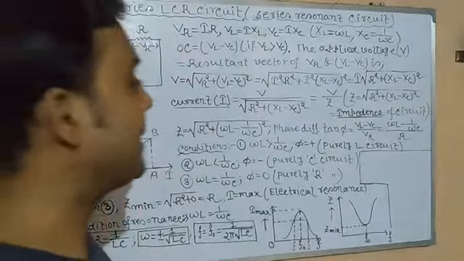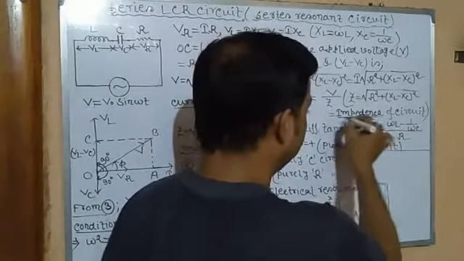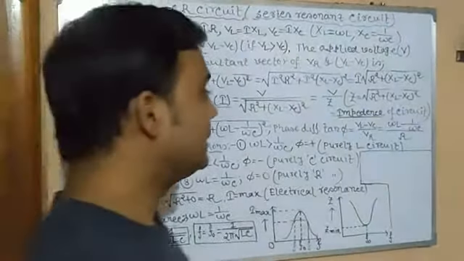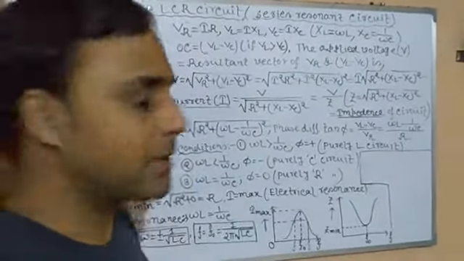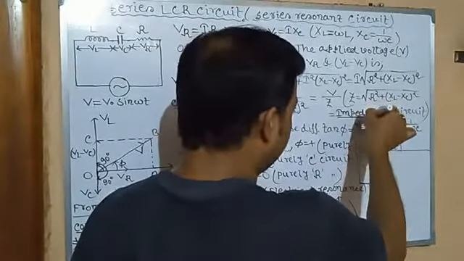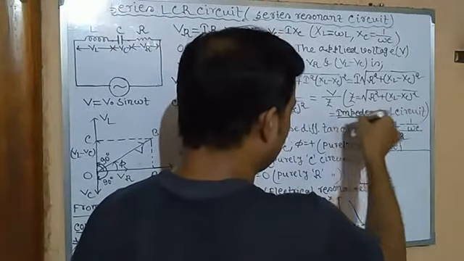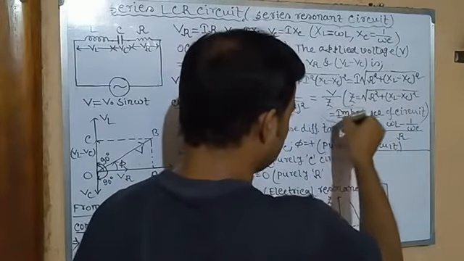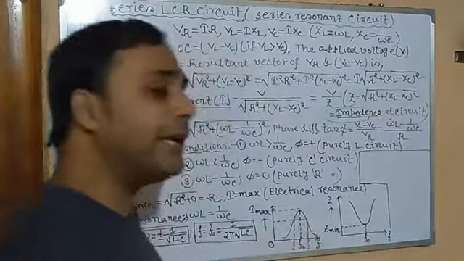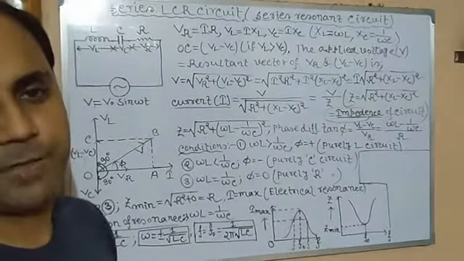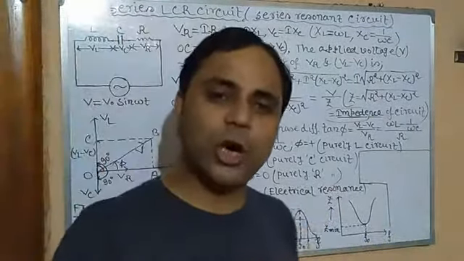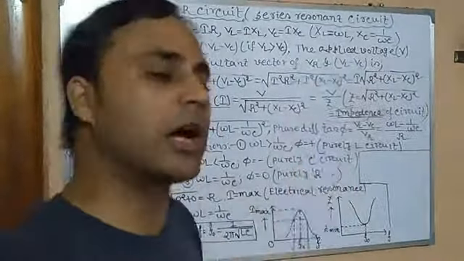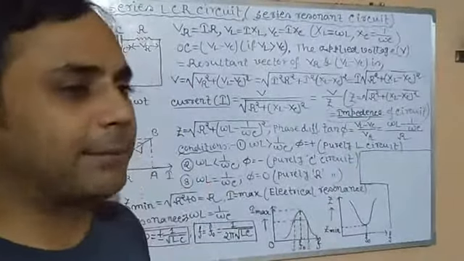So we have got a new term, called the impedance of the circuit. Impedance, a new and critical word. The name is different, but the meaning is the same. What is the meaning of the word impedance? Impede means the same as resist: to oppose, to block, to stop. It has the same meaning as resistance. Resist means to oppose, to block. Impede means the same. The meaning is the same, the terms are different.